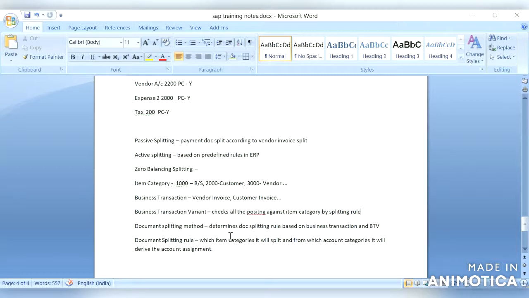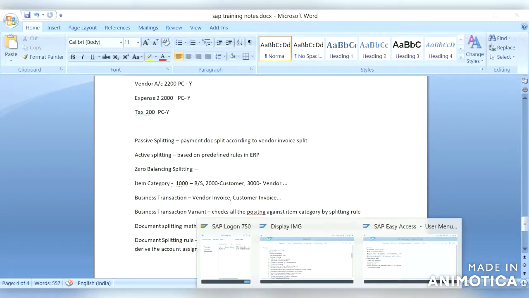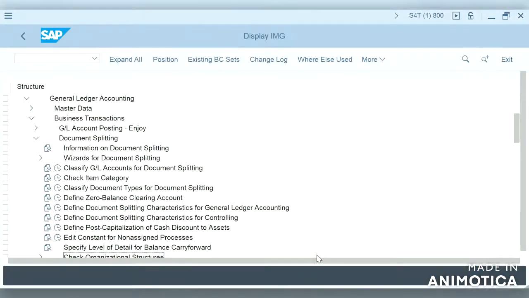So let us see it in the configuration, so we will have an idea how it works. Let us move on and check the configuration steps. Let us first check classify GL accounts for document splitting.